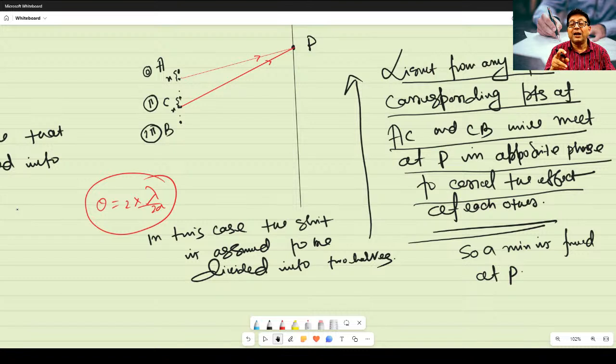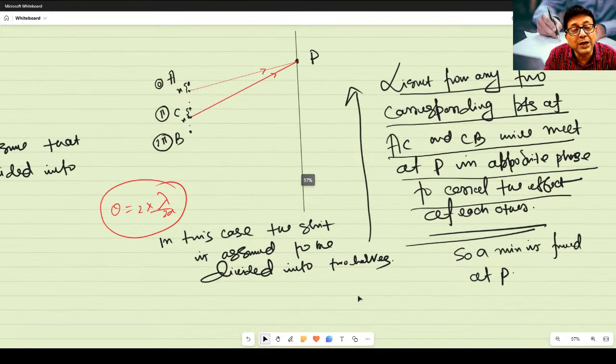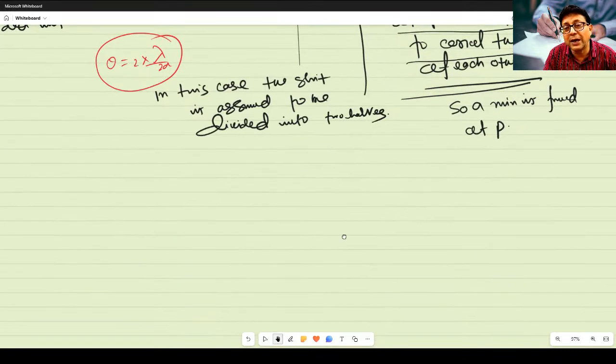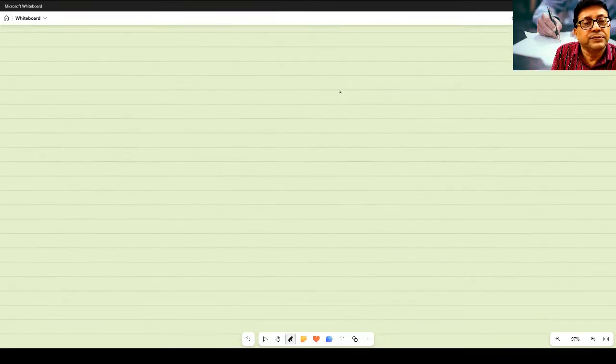We have assumed one thing and from there we have proved. But in one case only, this will not be effective. We have to do it for other cases also. Other case means we have to do it when the slit is divided into many parts. So let us go step by step, one by one. I said there will be minima when a sin theta equals lambda. Now let us show that when it is 2 lambda, then also minima will be there.